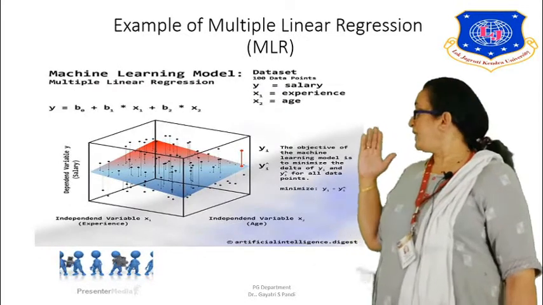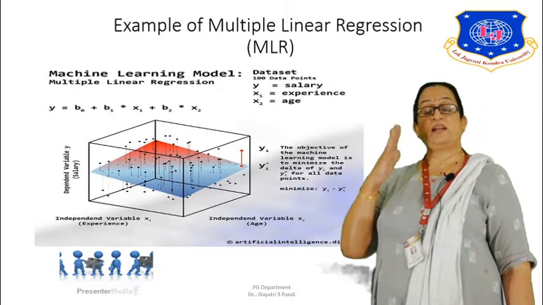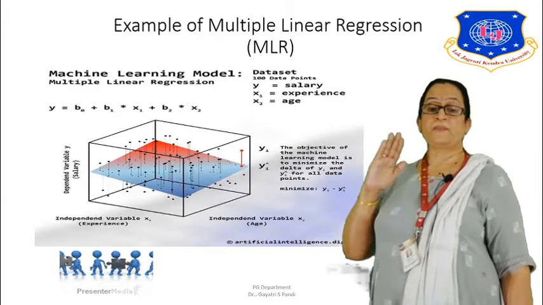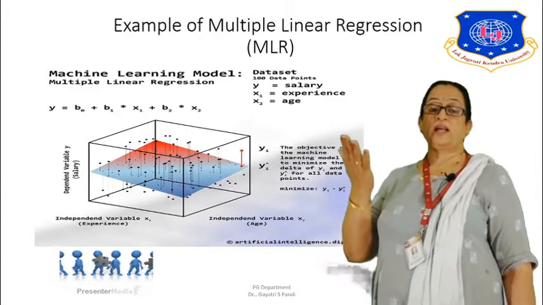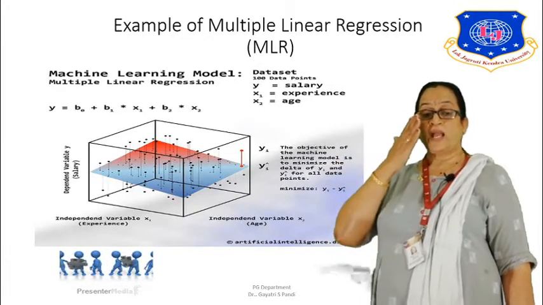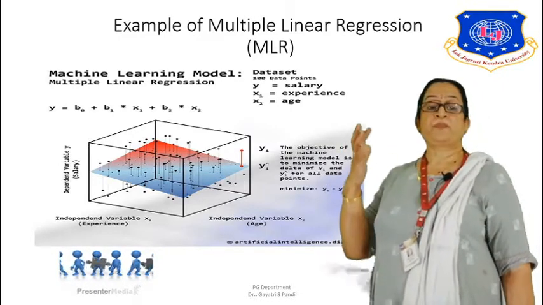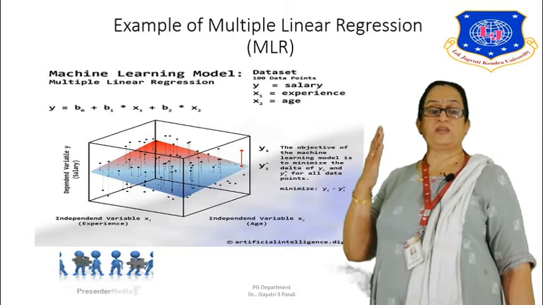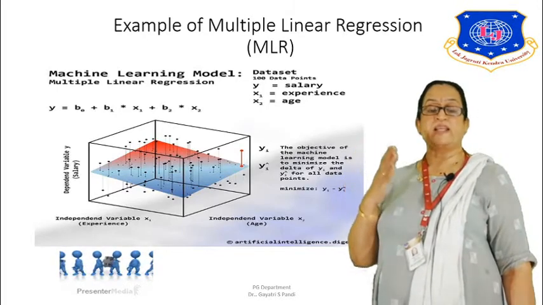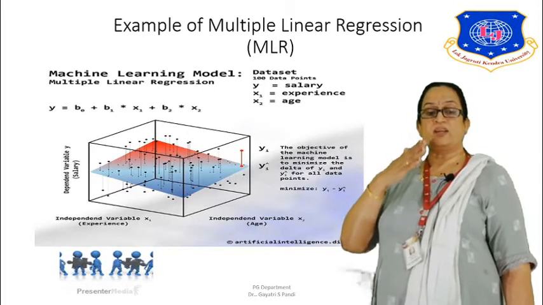Now this is the example I was discussing. You have the data set, that is basically 100 data points in the data set. You can see there are dots shown, they are termed as 100 data points, and y is your salary which you are trying to predict based on two factors, that is x1 and x2. x1 is the experience of the employee and x2 is the age. So here you are trying to predict the y value, that is the salary, which is drawn on the y axis, that is your dependent variable, and the independent variables x1 and x2 are drawn on the other axes. So just see the cube that is being drawn.